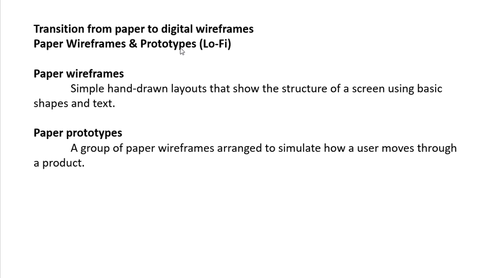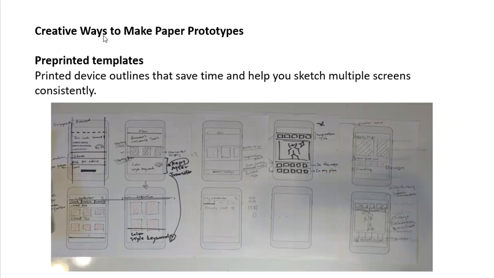Paper wireframes and prototypes are low fidelity. Paper wireframes are simple hand-drawn layouts that show the structure of the screens using basic shapes and text. Paper prototypes are groups of papers, with the wireframes arranged to simulate how users move through the product. And there are creative ways to make a paper prototype, such as a pre-printed template,